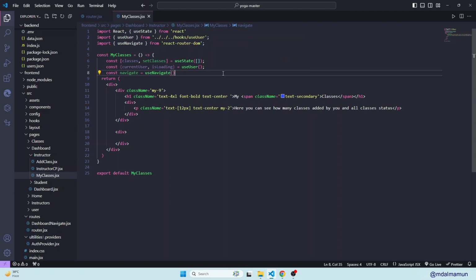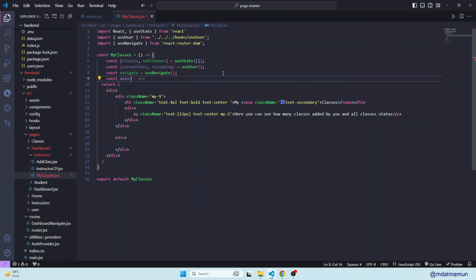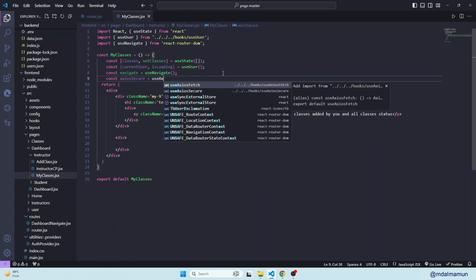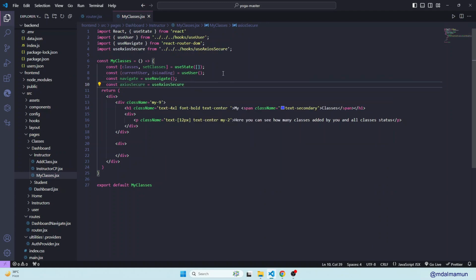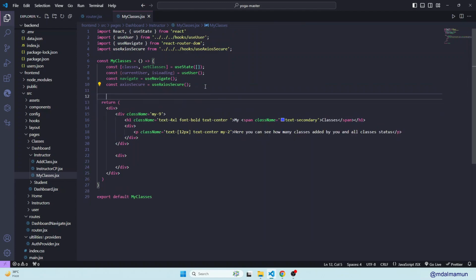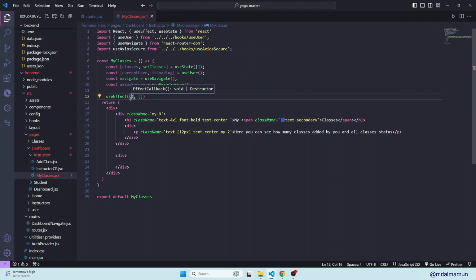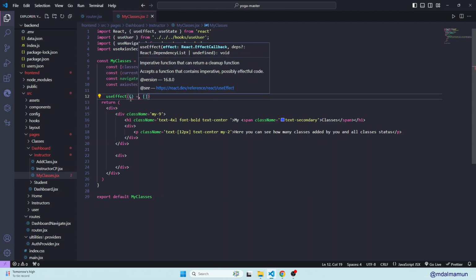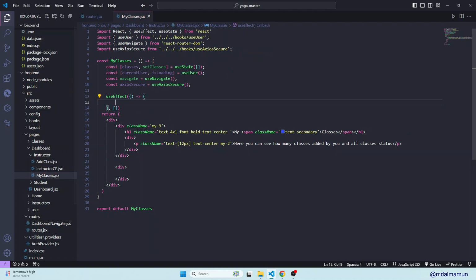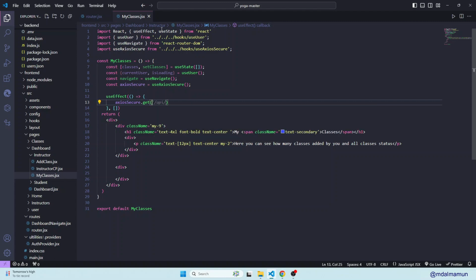And finally, what you have to do, we'll have to define execute secure. Okay, that would be use execute secure. So that is the thing. After having this, we will have a useEffect hook. This hook will receive an empty dependency, and here an anonymous function. This will be an arrow function, and inside here we'll call the execute secure dot get method, and then we'll have